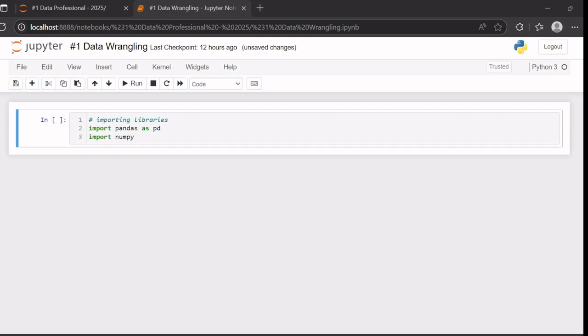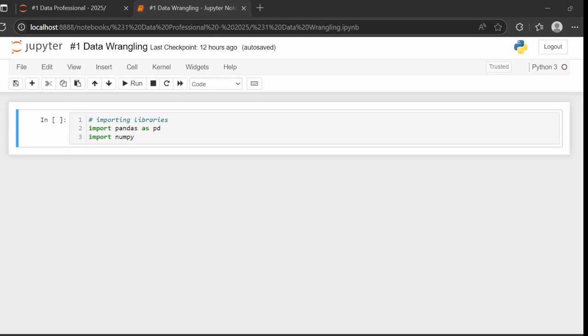All right, guys. So let's get started. We begin by importing our essential libraries, pandas and NumPy. Now we all know pandas is the go-to library for data wrangling, it's a must. But I have observed that many times students and people think NumPy is just what it is, and that's not entirely true. NumPy also helps in handling missing values,